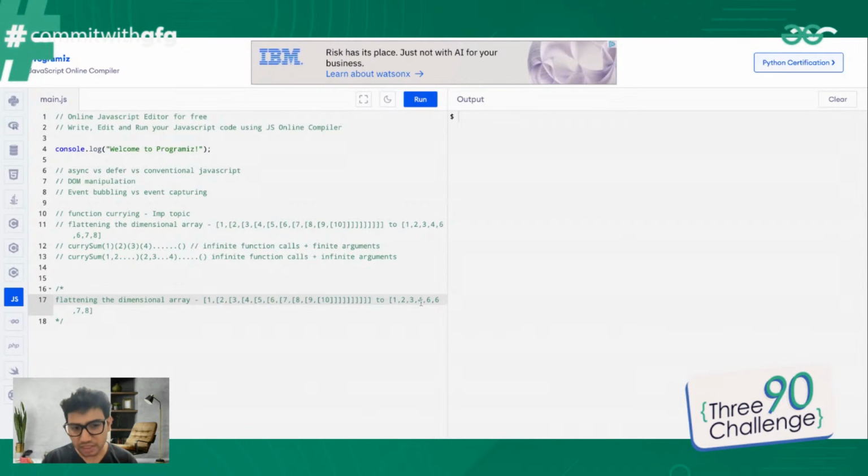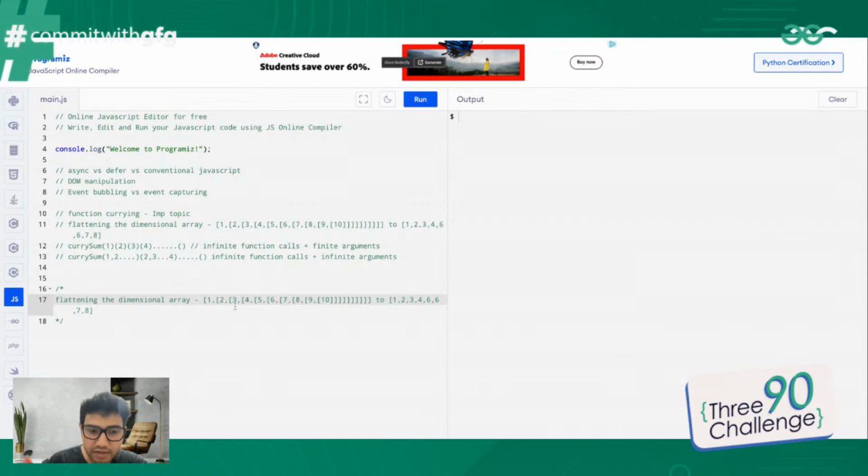So how do you think of writing a solution like this? Because here the multi-dimensional array could be very huge. You don't know what the depth of it is, right? How many arrays are inserted in a nested way in a multi-dimensional array? So here, if you see, the 0th index contains a value, the first index contains an array, and in that array the first index has a value, and at the second index we again have an array, right? So that's how the nesting goes very